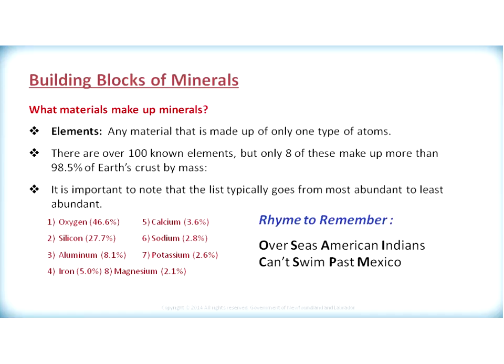Now we have looked at the chemistry involved in the formation of minerals. Let's look at what makes up a mineral. Minerals are made up of elements, and elements are any materials that are made up of only one type of atom. There are over 100 known elements, but only 8 of these elements make up more than 98.5% of Earth's crust by mass. It's important to note that the list of these 8 elements goes from most abundant to least abundant. The most abundant element in Earth's crust is oxygen at 46.6%,